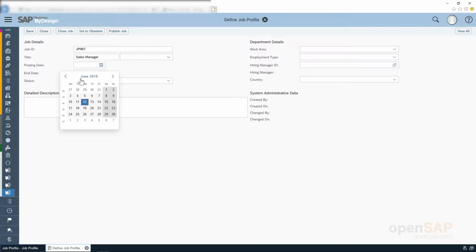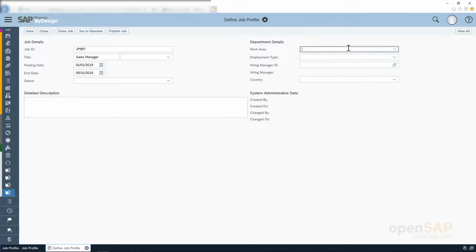The posting date, let us say I want this job to be effective from 1st Jan, and till when you want this job to be listed. Let us say I want this to be listed till May, and then I select the work area. Here you could see that there are various options available for the administrator to select the corresponding work area. Since I have maintained the title as sales manager, I would select the corresponding work area as sales,